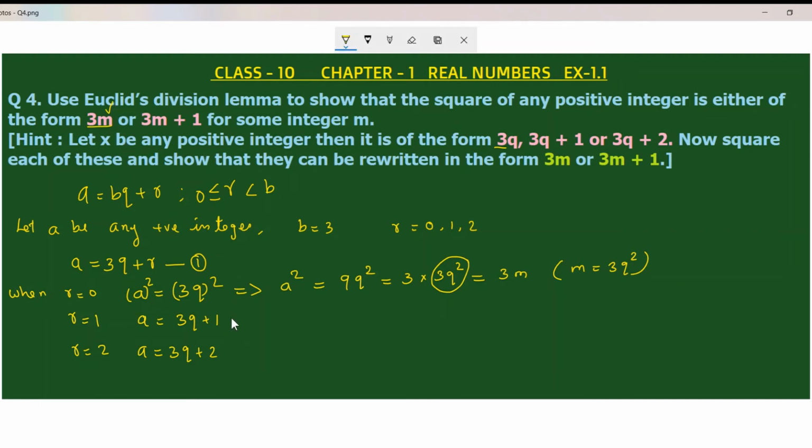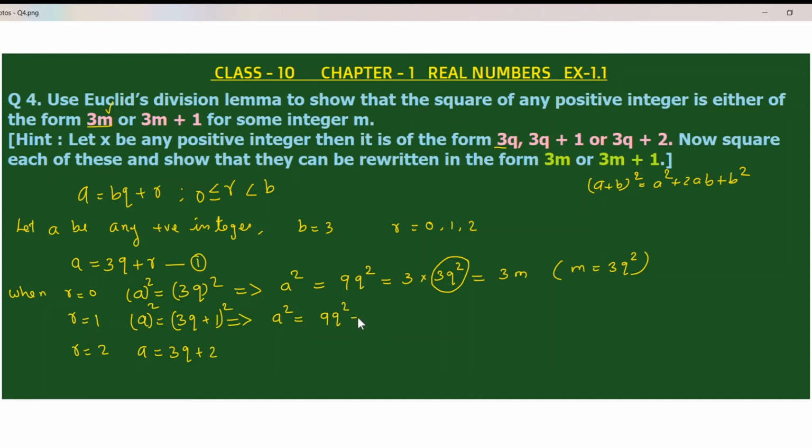Now we'll take the second equation. In the second equation also we need to take the square on both sides, because our number is the square of any positive integer. So if you take the square on both sides, a square is equivalent to, this is the identity a plus b the whole square. What is the a plus b the whole square formula? A plus b the whole square is equivalent to a square plus 2ab plus b square, isn't it? So our a is 3q, b is 1. So a square